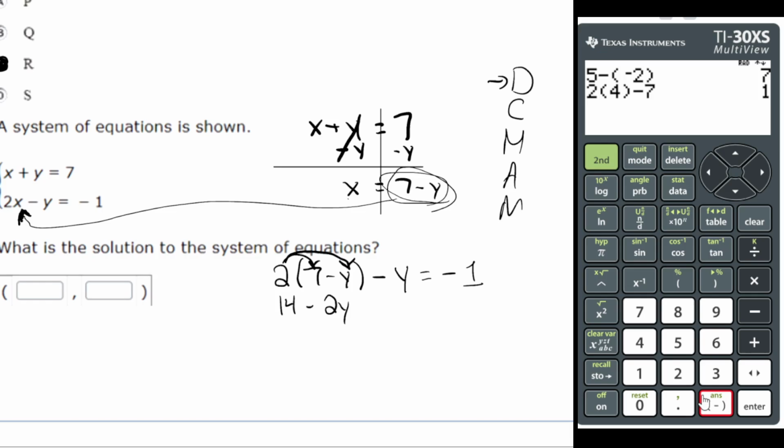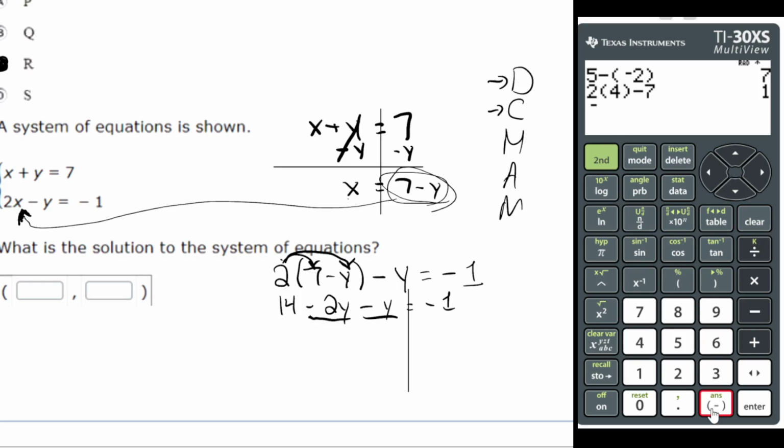2 times 7 is 14. 2 times negative y is negative 2y. Minus y equals negative 1. Then we look to combine like terms. Remember, you're looking for any like terms that are on the same side of the fence, which we have here, negative 2y minus y. To combine them, we just combine their coefficients. Negative 2